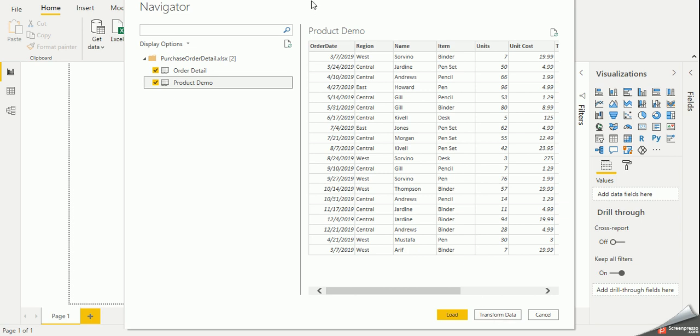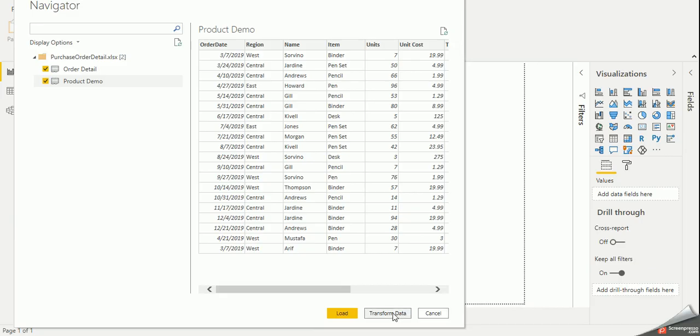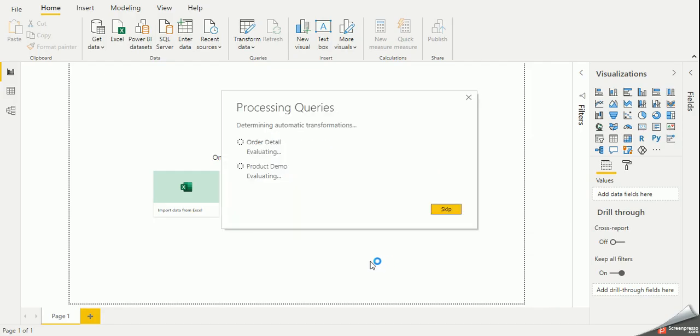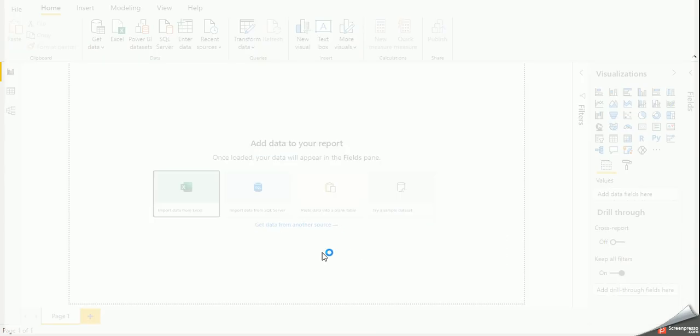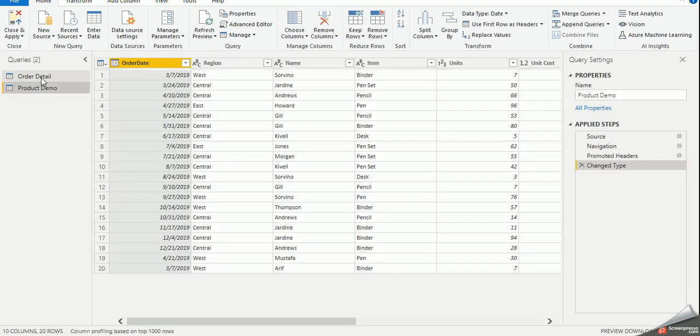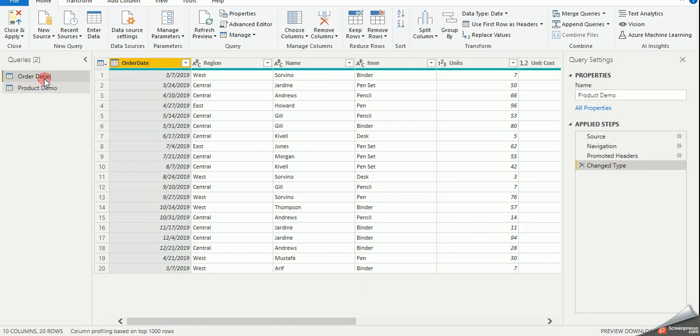This Transform is the same as what we can access from here as well. I will show it later in the video. So I will go to Transform, just waiting for it to load. You can see that we now have two data sets available from the Excel sheet.